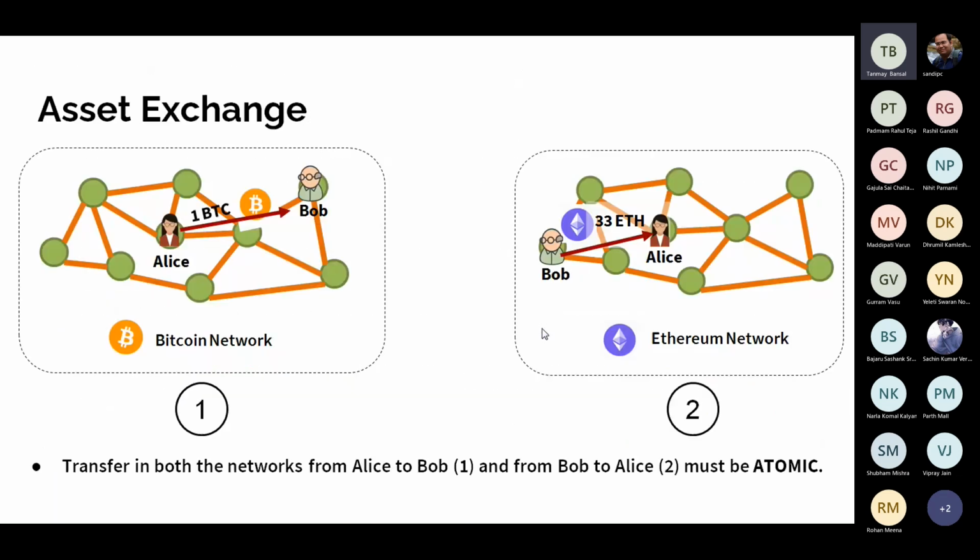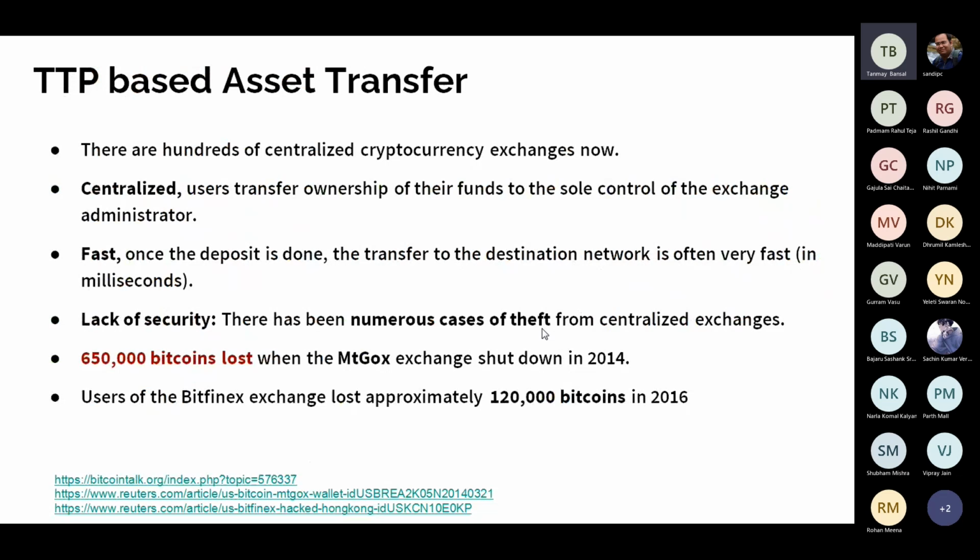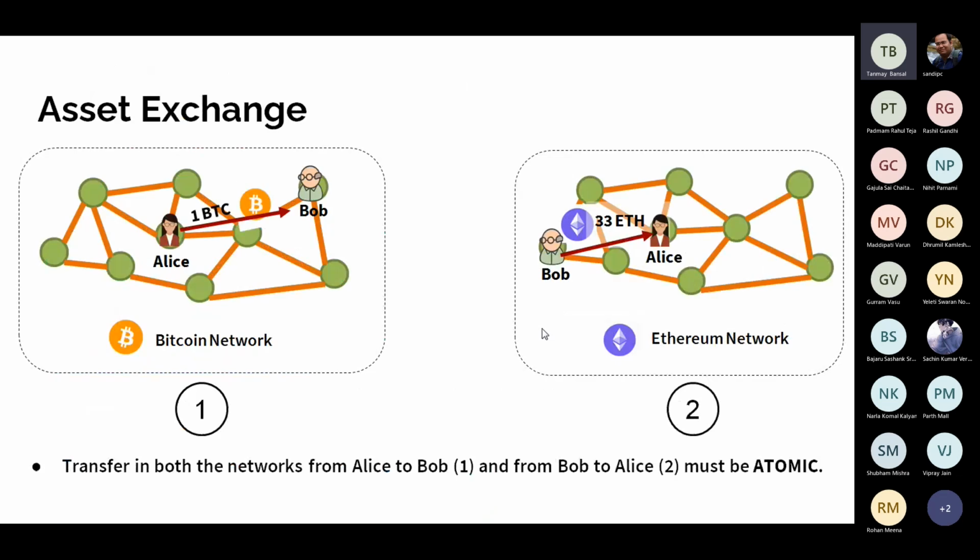Now, here what we are saying is that we have Alice and Bob both in the Bitcoin network as well as in the Ethereum network. So now the requirement is that Alice is going to transfer one Bitcoin to herself, and that will go there in the Ethereum network as an equivalent of say 33 Ethers. So instead of having a trusted third party, a centralized exchange, because of the centralized nature of these exchanges, there are certain security issues. So instead, what we have is that another entity, Bob, is going to